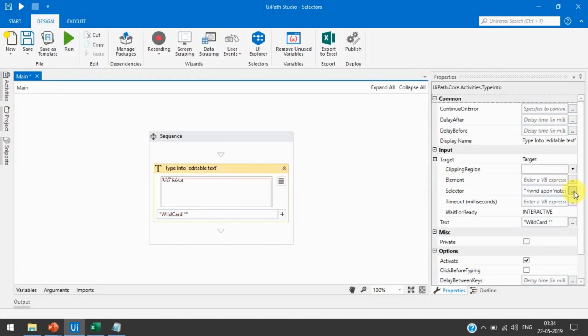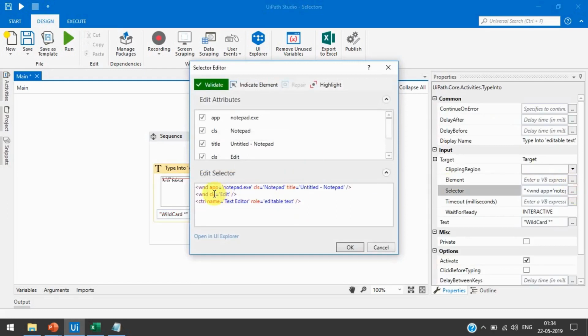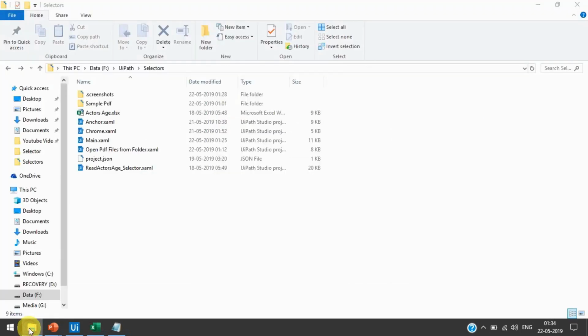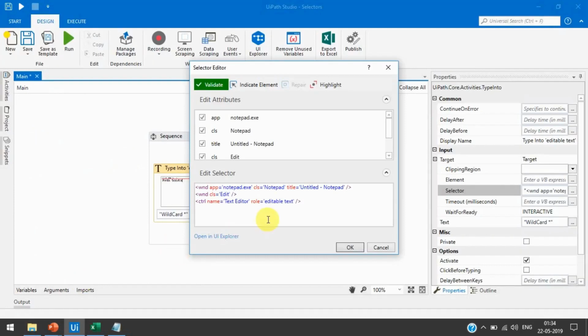Now if you see the selector part, it is showing title equal to untitled notepad, right? For the asterisk, I already showed you in Windows, like in a folder, how to search that file and how we use it anywhere in Windows or in daily use. So if we remove this part and write only this, that will also work, right?